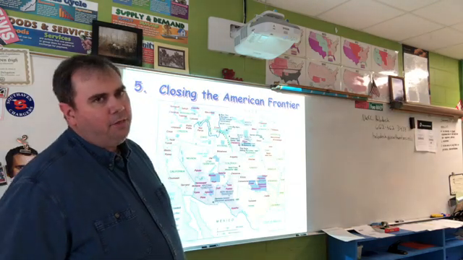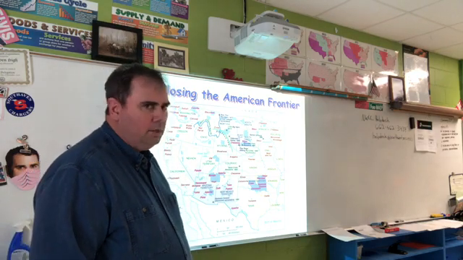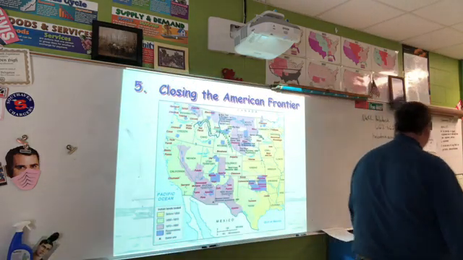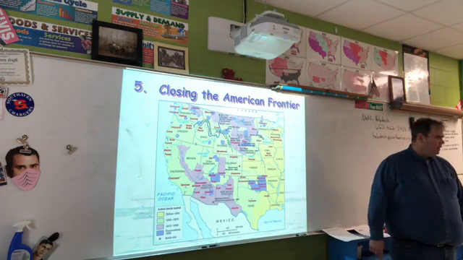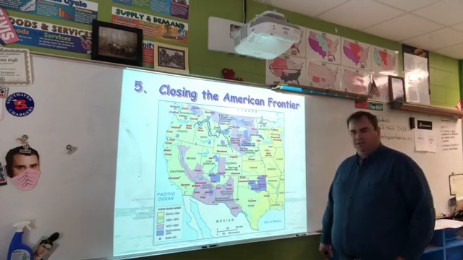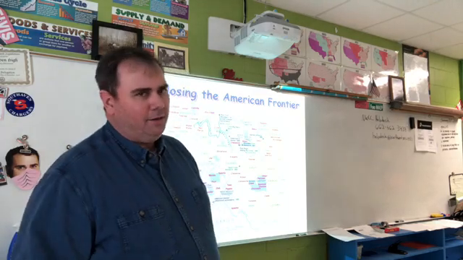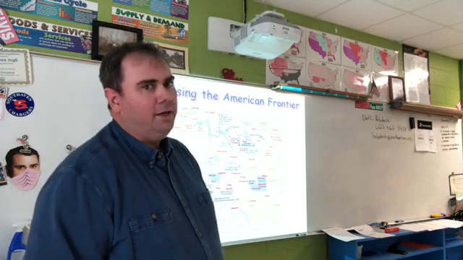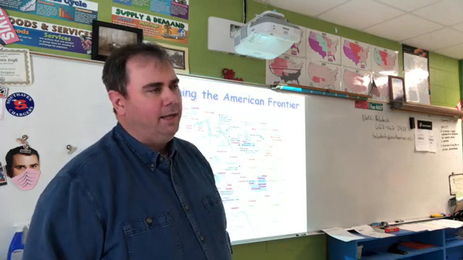The fifth thing was the closing of the American frontier. We ran out of space, man. Now, what does that mean? Did we really run out of space? No. Any of you who've driven across the country realize there's a whole lot of wide open space, right? Particularly if you drive across Kansas or Colorado, there's a whole lot of open space that's not even cultivated. There is nothing there. Any place where the sun goes down and you don't see a single street light, when you're on the plains and you can see for 25 miles, you realize we're not out of land.